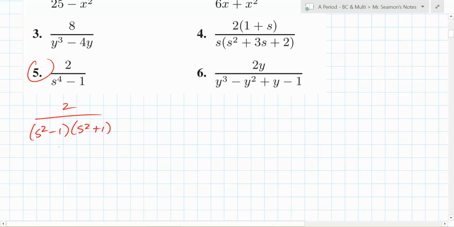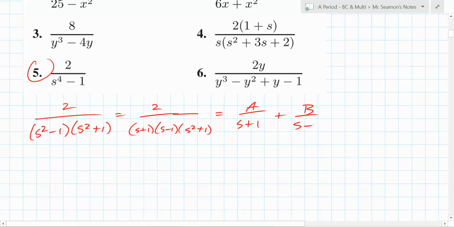And then we have another difference of squares in there, so what does it continue to be? Yeah, so s squared minus 1 would become s minus 1 times s plus 1. And then you still have that s squared plus 1. So what's the breakup you would have to do? Can someone else set it up for me? Like, what are we searching for now? What's the breakup? Hannah? A over s plus 1, plus b over s minus 1,